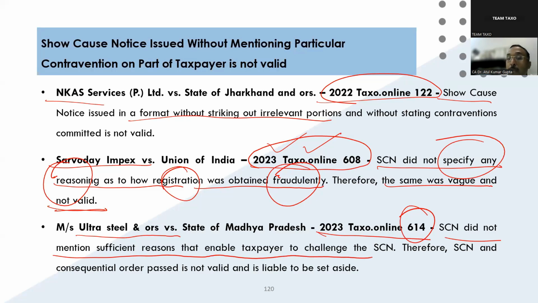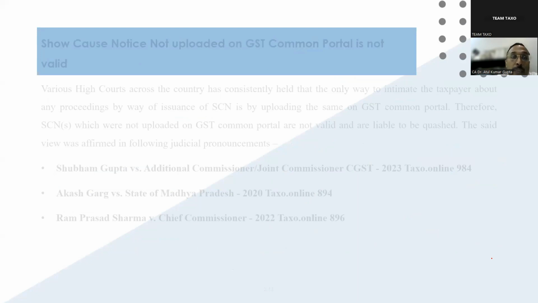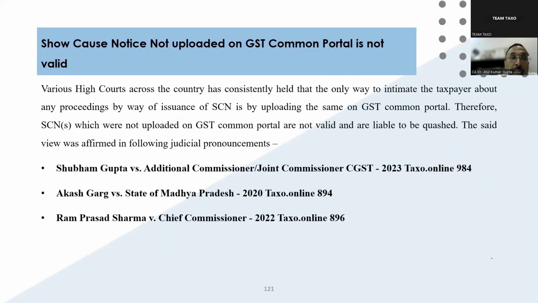So how will I be able to challenge? You have not given why this demand is being created. So again, there is ambiguity in the show cause notice, which is supposed to be challenged. Then, my dear friend, there are many judgments from the High Courts which are saying consistently that the intimation